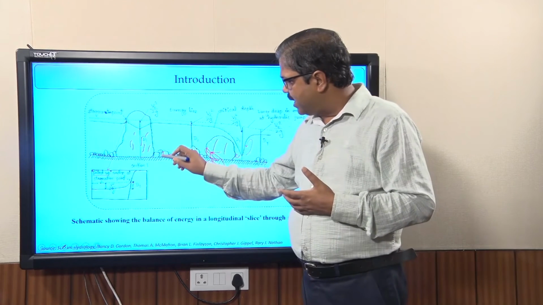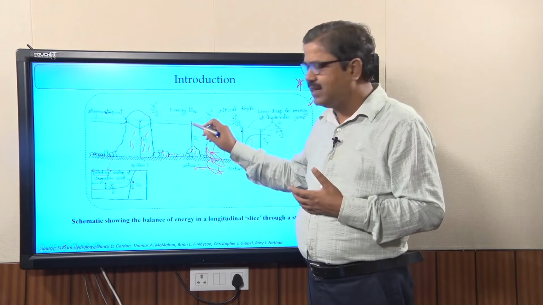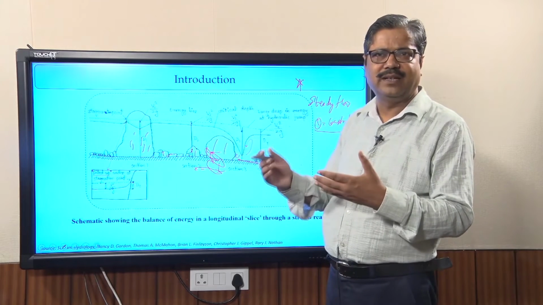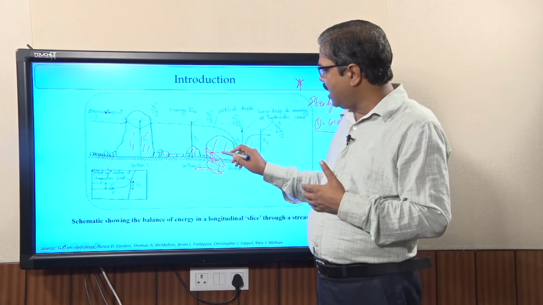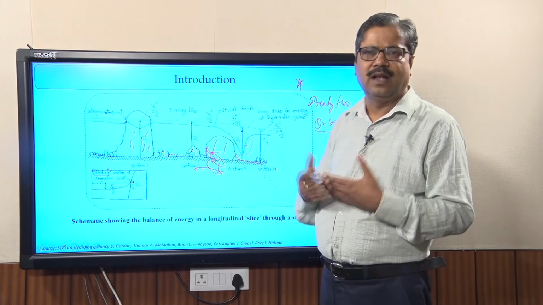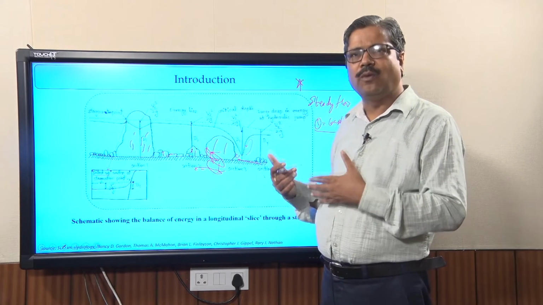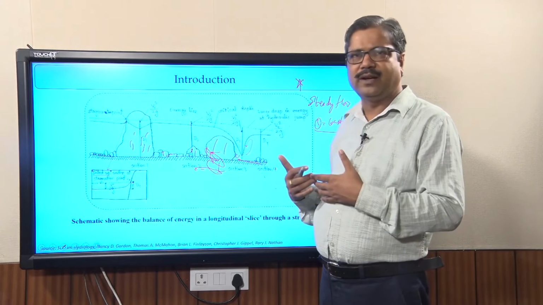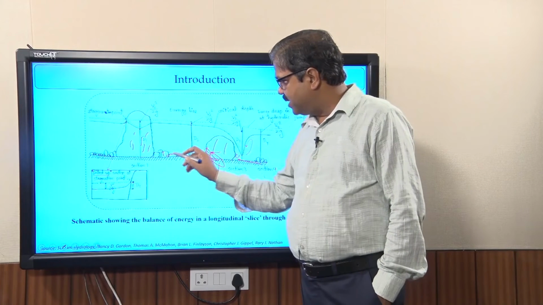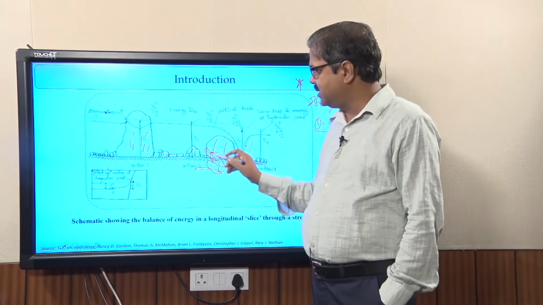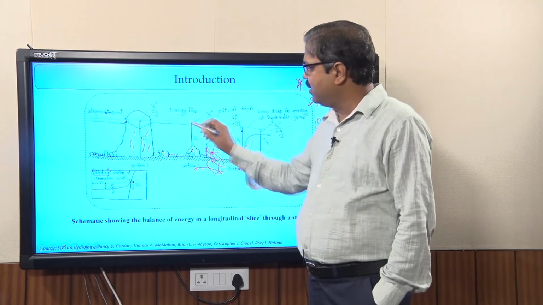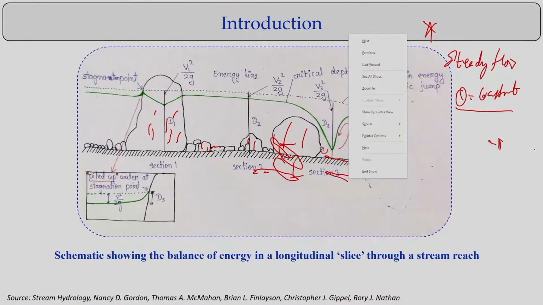So we can have the presence of boulders, and because of that there is energy dissipation. That is highlighted through the energy lines, which typically indicate that. If you look at the other bigger boulders here, there is the formation of hydraulic jumps. As you know, there is a change of the flow from subcritical to supercritical. Because of the presence of these smaller boulders, energy dissipation happens, and we can clearly see that from the slope of these energy lines.